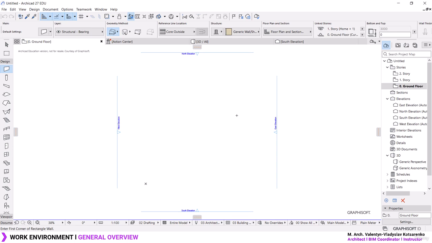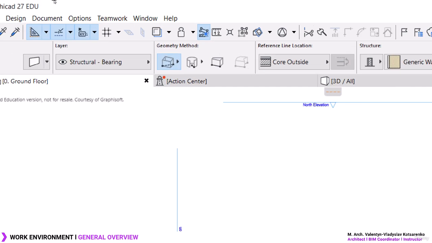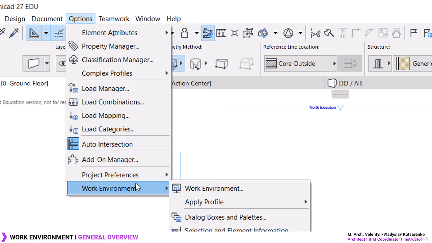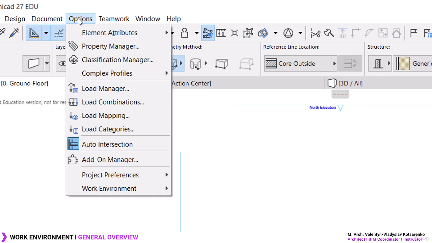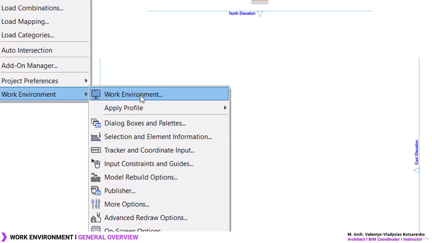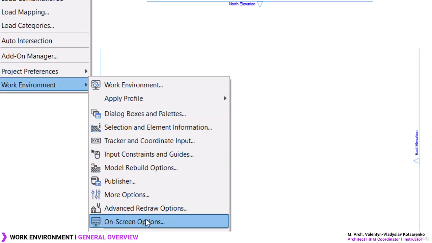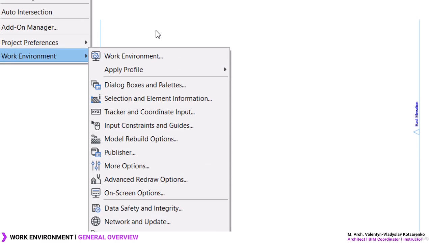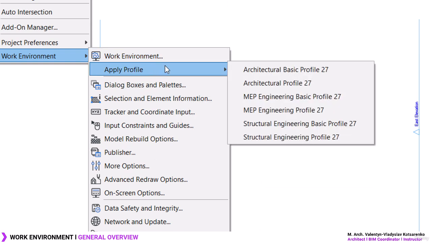Alright, so moving on to the next topic, let's take a moment to talk a little bit about the work environment. This panel over here, you just go to the menu bar, options, and you click over here in the work environment. Now, the work environment has many sections, which we're gonna cover in a minute or two in the next lesson. But for now, I just wanna point out how you can use the profiles and how the profiles